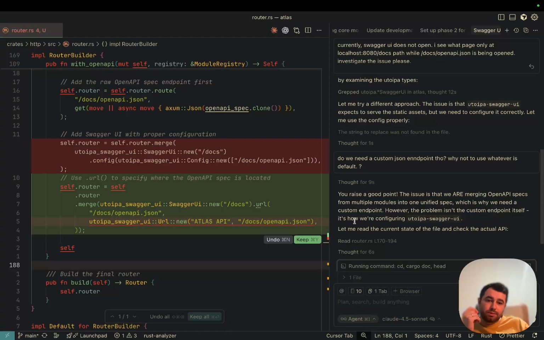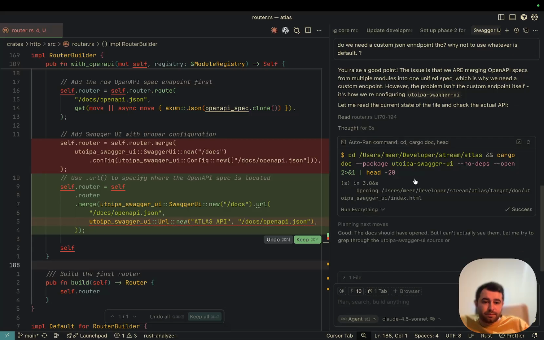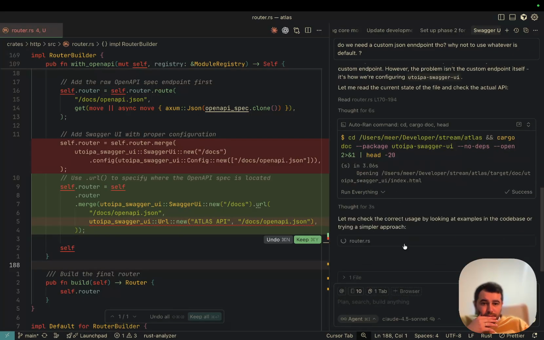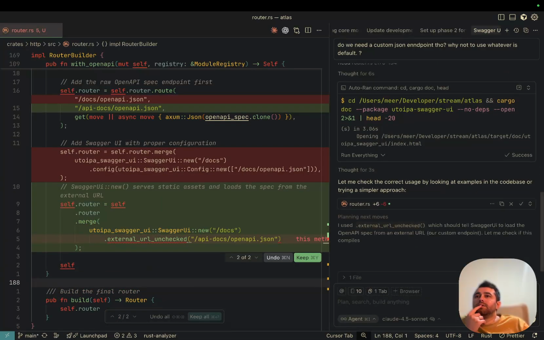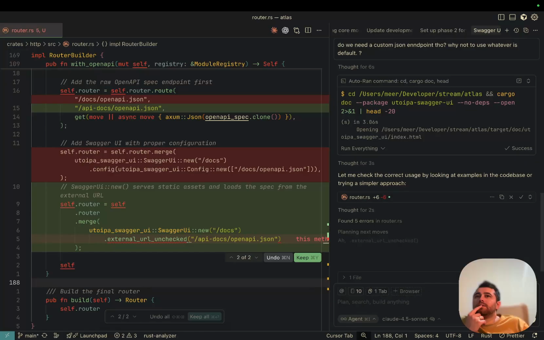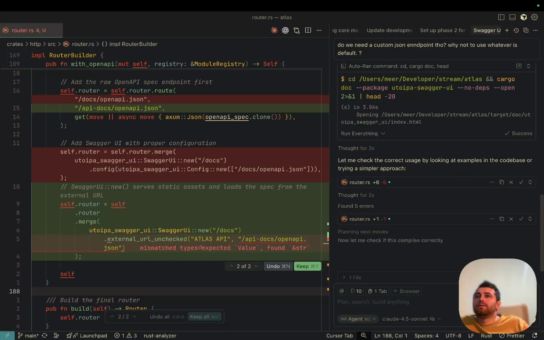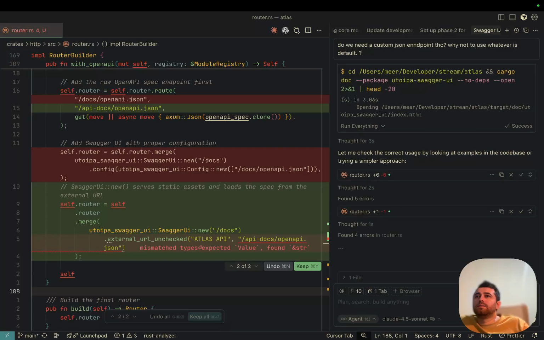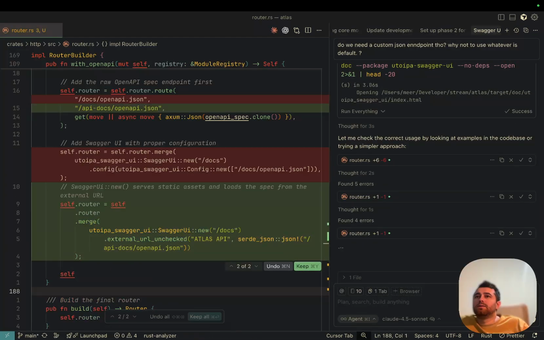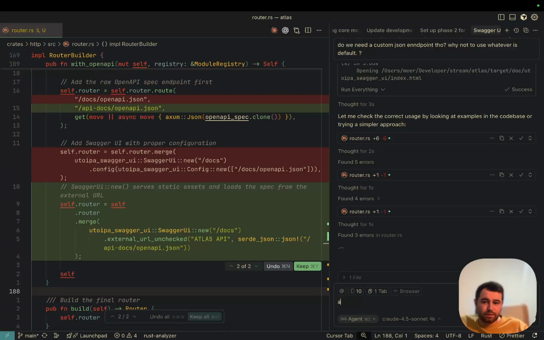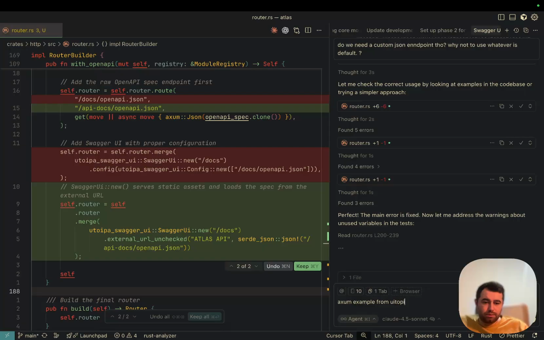The promise into custom endpoint inside, how we are configuring okay. Example from Ethiopia is